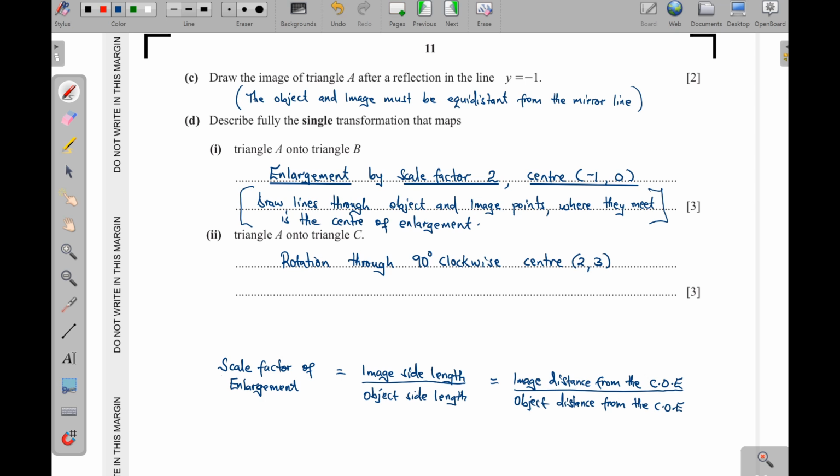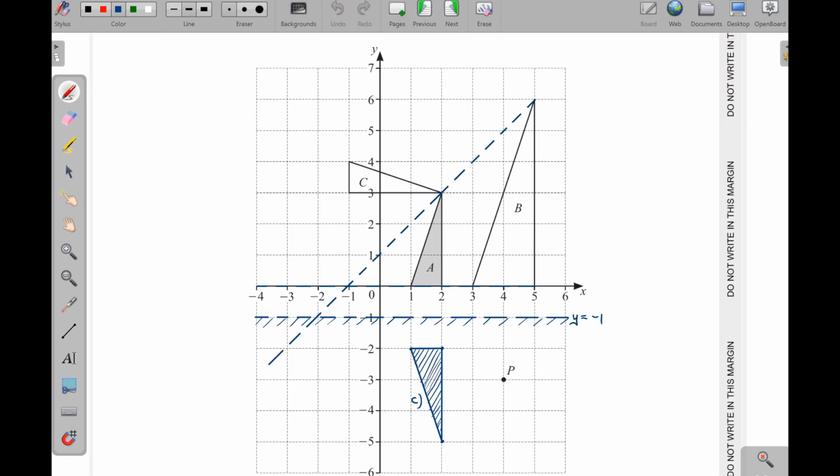You see that? Those are the 3 marks. One mark is here, rotation, 90 degrees, clockwise, then the center. Okay? Now, if you don't say 90 degrees clockwise, you can say 270 degrees anti or counter clockwise. Okay? So, if we moved 90 degrees clockwise, then we can also move